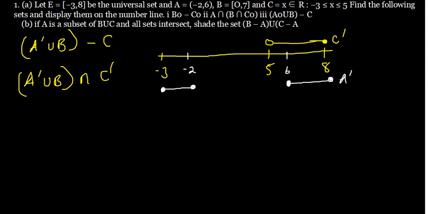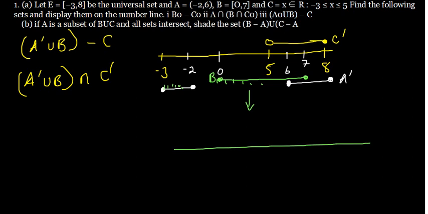Want union B, and then we get the set B. The set B is from 0 up to 7. So let me put it in green. We are including both 0 and 7. That is going to be the set B. So we want the union of the red line and the green line. So union means combine. Okay, if you combine everything, you combine this together with this. So what you are simply going to have,